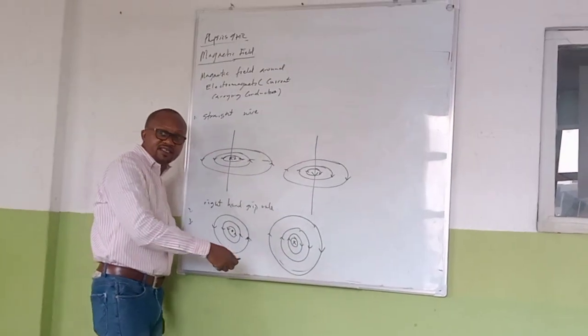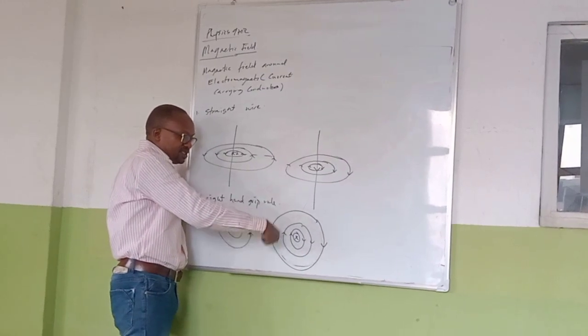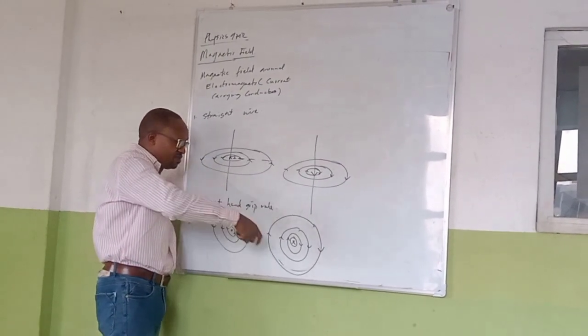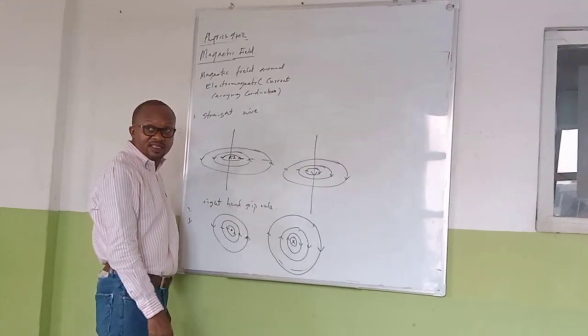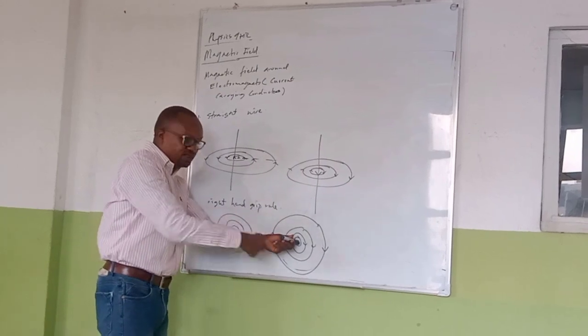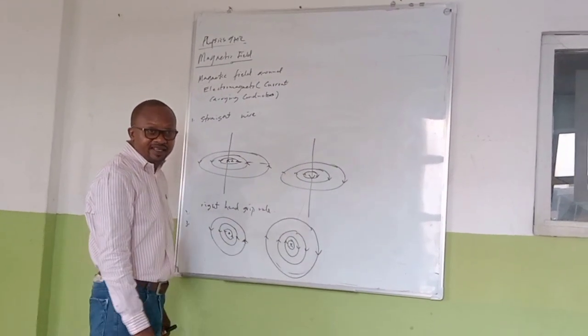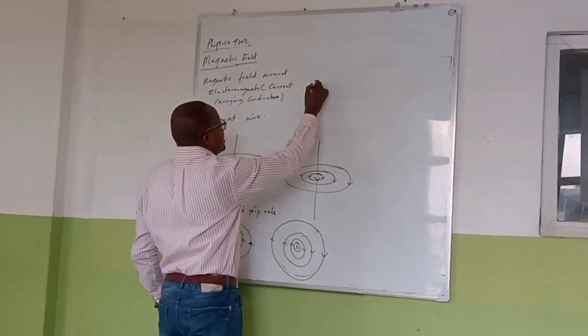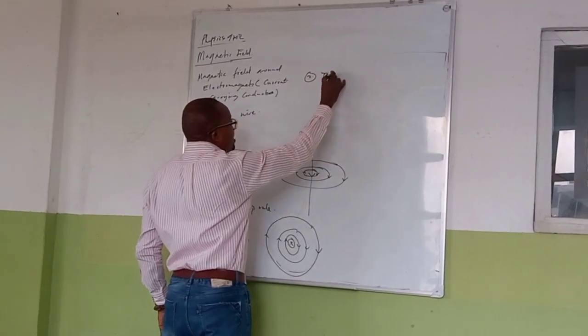So if the wire is in the horizontal plane, the magnetic field lines will be in what plane? It will be in the vertical plane. Is that okay? So you have the wire horizontal, the field in the vertical plane. Is that okay? Yeah. Then another one we examine is the magnetic field around